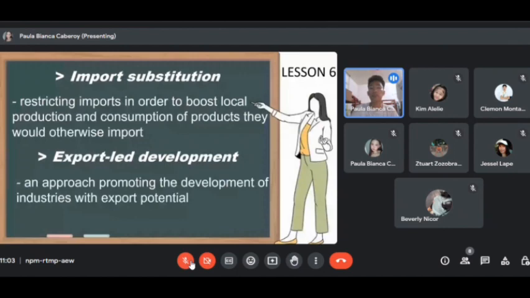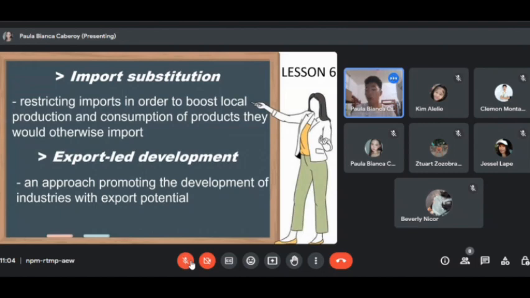Import substitution: restricting imports in order to boost local production and consumption of products they would otherwise import. Next is export-led development, an approach promoting the development of industries with export